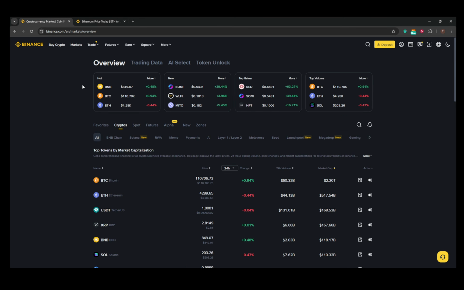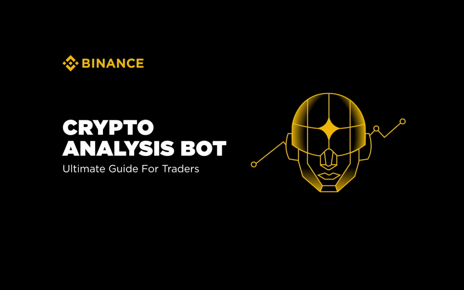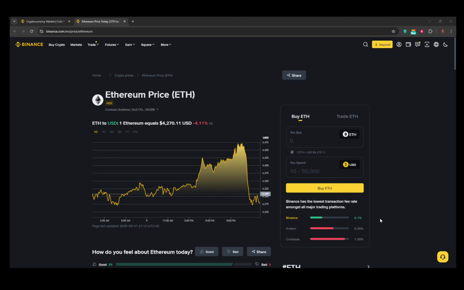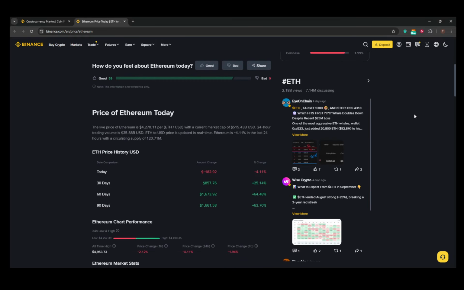Binance has expanded its tools by incorporating AI-powered crypto analysis directly into its platform. This is achieved through the AI report, built right into their mobile and web interface, as well as a crypto analysis bot available on Telegram. These components together form the AI Select experience, which provides fast insights, deep context, and smart signals, all conveniently located